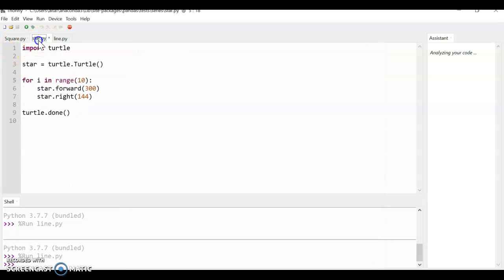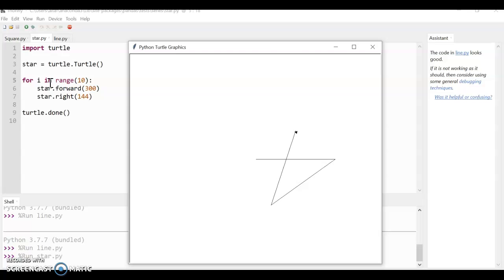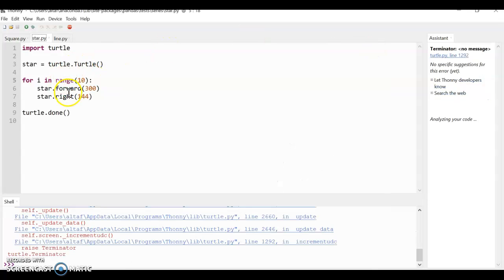Here I have written a star program, how to make a star by using turtle. See, this is the output. And one thing I have to tell you is this range: for i in range 10. It means the pen will go round 10 times. See how.